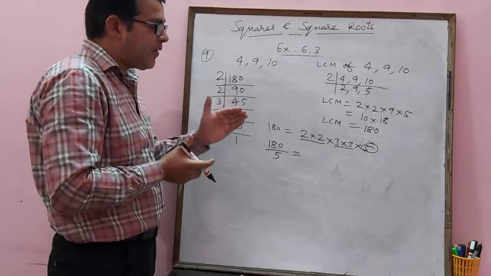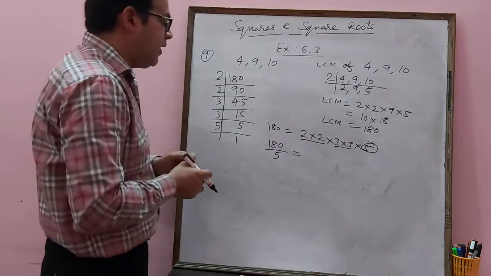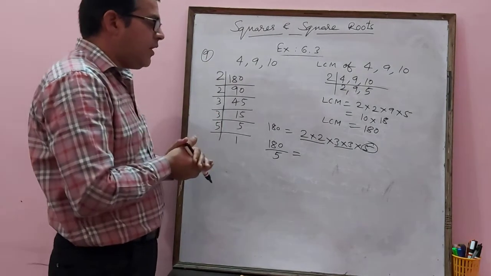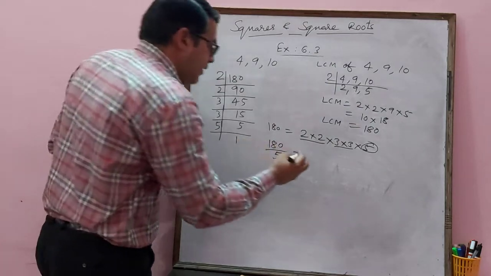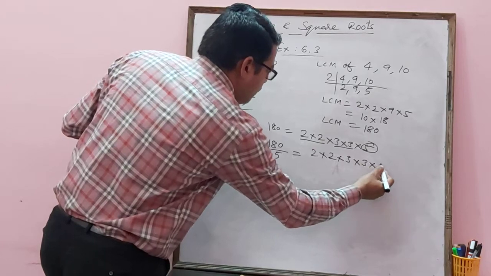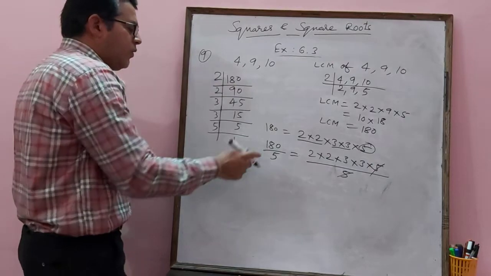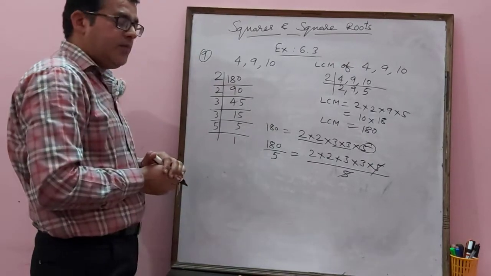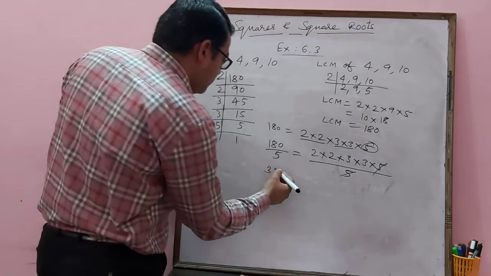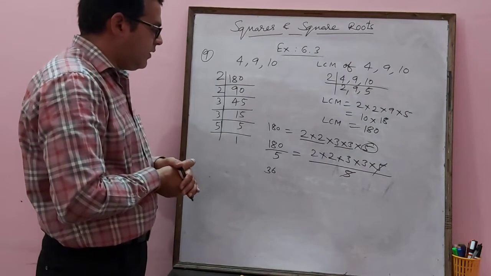So we can make a perfect square in 2 ways. We can multiply with 5, or we can also divide with 5. So we are finding the smallest number. That's why we are dividing here by 5. So 2 into 2 into 3 into 3 into 5 by 5. By 5 we can remove this 5. And what will come here now after dividing 180 by 5? So 5 3s are 15 and 3 is left, so 36 we can find here, right?